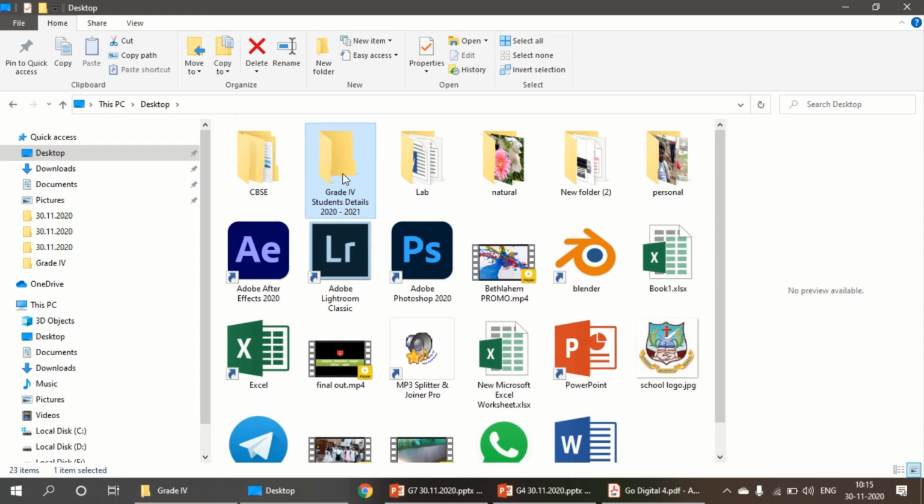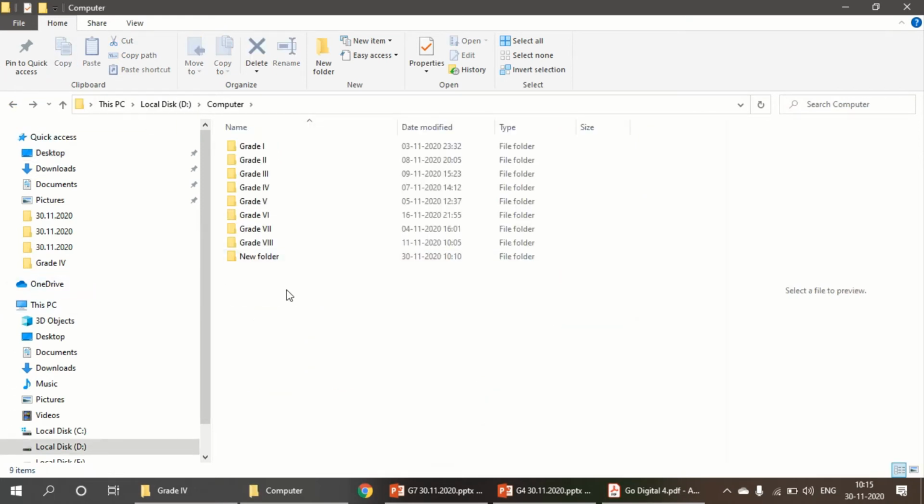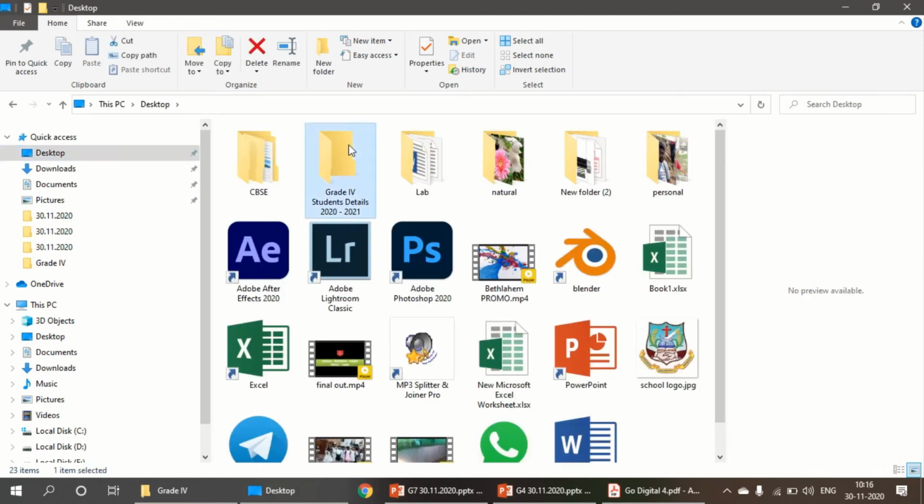Okay, see here, now it's available in this. Now you go back to the original location where you have saved that. See whether that folder is available here. No, it's cut now. So it's cut and paste, we have pasted it in the desktop, right? So now you can find it in the desktop. See here it is available.